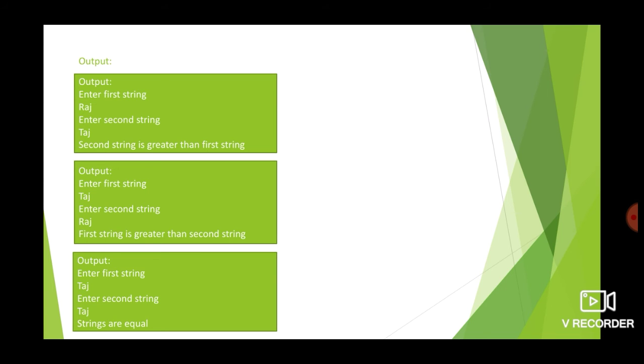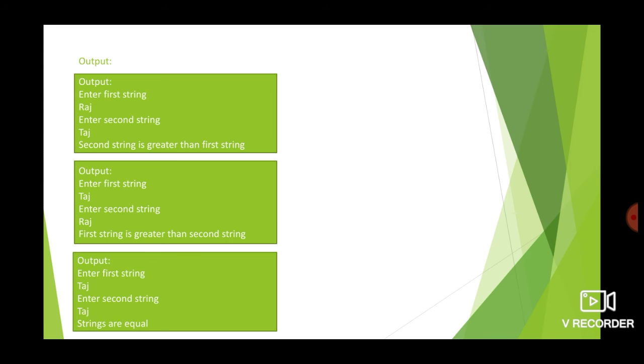Similarly, consider the next example. The first string is Taj and the second string is Raj. In this case, again the mismatch occurs at the first character itself. But you know that T is alphabetically above R. So the result that is returned is greater than 0, so it will be a positive value.